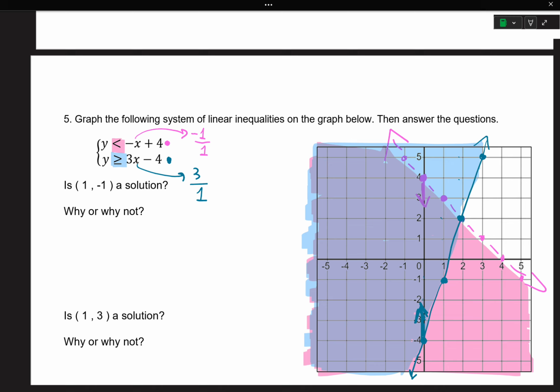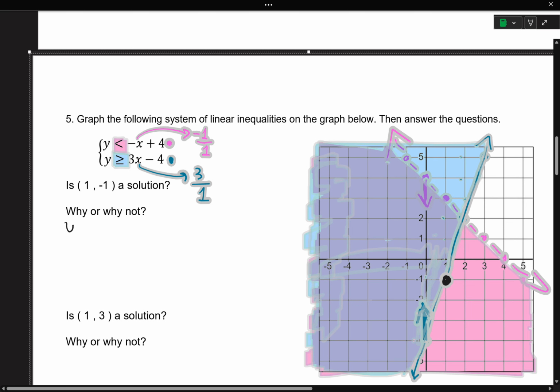Okay, let's see what these questions are. Is (1, -1) a solution? Why or why not? Okay, (1, -1), so I'm going to go right 1, down 1, and I land right here. I don't know if you can see that. Let me do that in black. There we go. That's (1, -1). That lands on a solid line bordering the overlapping area. So, yes,